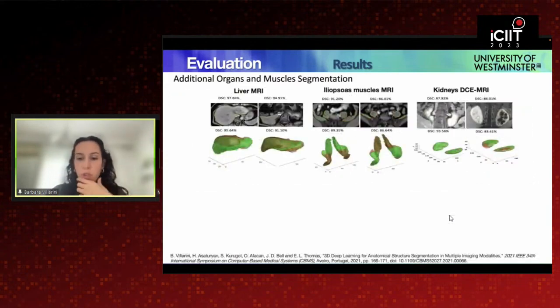The proposed approach is extended to a broader spectrum of MRI sequences and organs. You can see for each dataset 2 different medical scans with the superimposed segmentation outcome in green and the ground truth in red, proposed in this slide. In particular, I would like to note that the iliopsoas muscles, so the muscle in the abdomen, is an anatomical